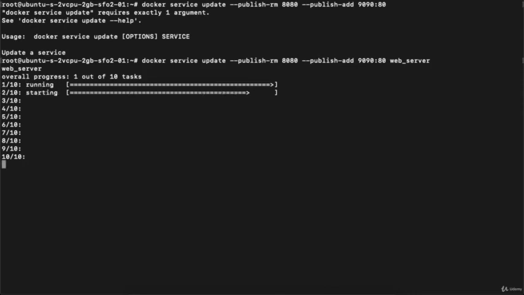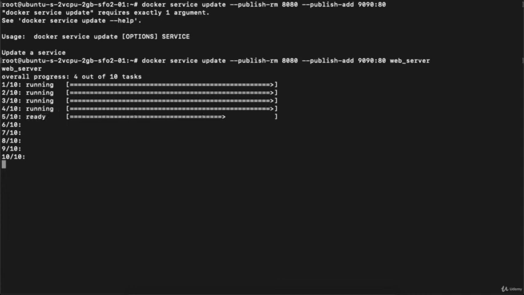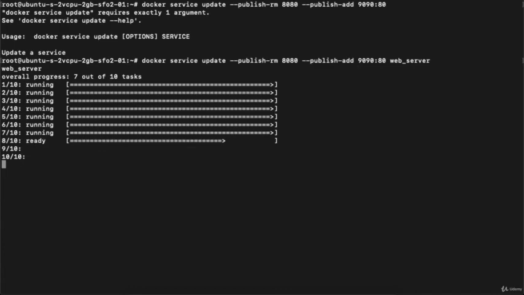So you can see it is again upgrading the containers one by one, right? So it will not again impact your existing user base, it will not impact your running application. It is doing all the things behind the scene, right? Now some of the containers are serving the traffic on 8080 and some containers are serving the traffic on 9090, but your end user will not get any downtime, they will not get any outages, right? So this is how we can perform the rolling upgrade with Docker Swarm.